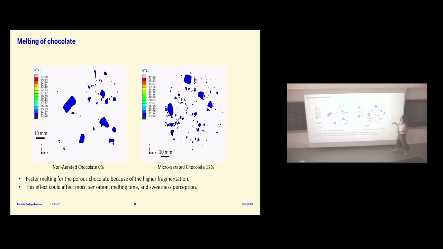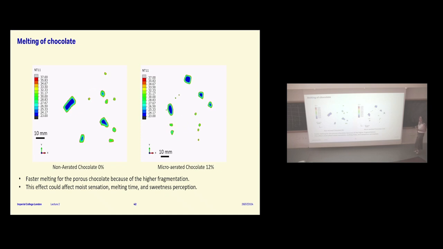So when I press the return button, you're going to see the temperature. They're going to start heating. The temperature goes in from the surface to the middle. And we did a little artifact thing that once it melts, it will disappear. Obviously it doesn't disappear, but we just did it for visualization. So you can see what happens from the